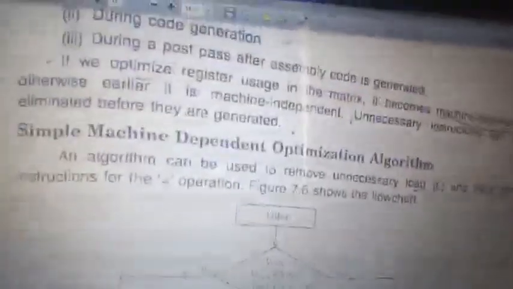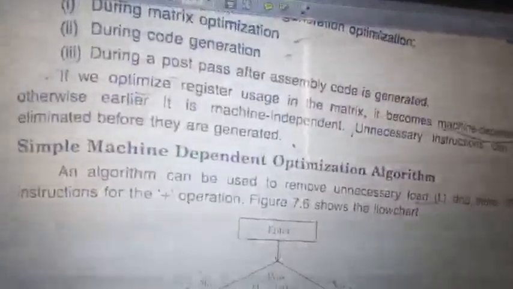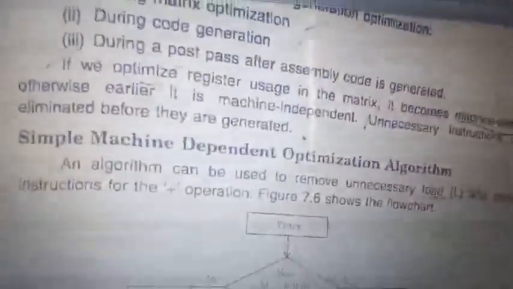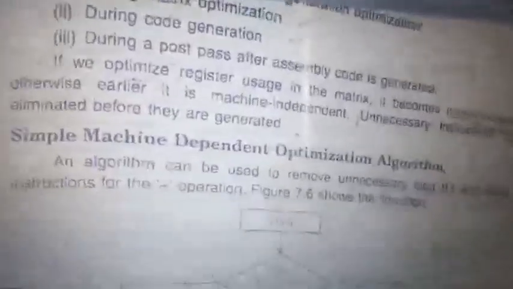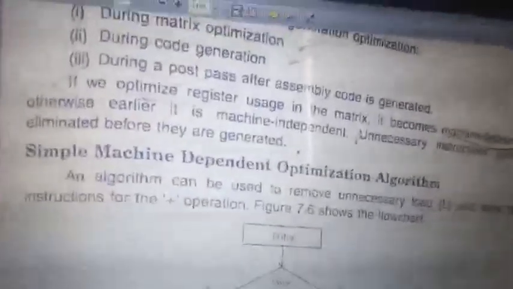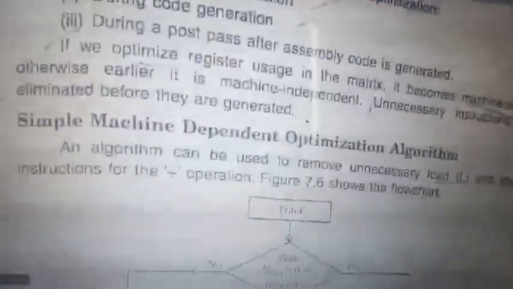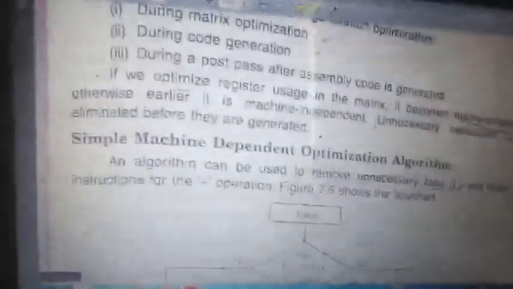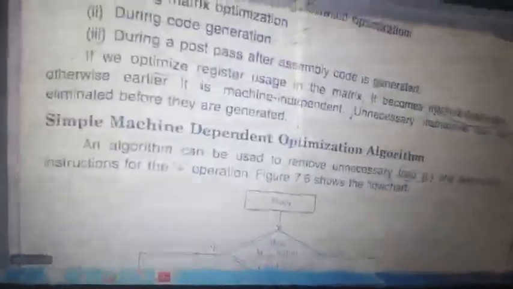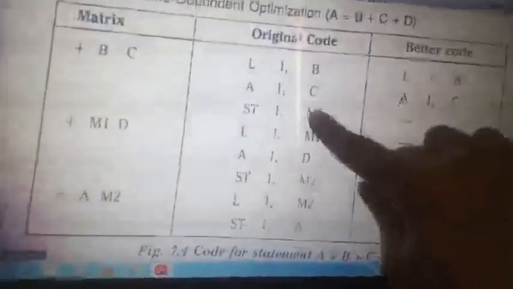Optimization means during the code generation. This is the code generated. Instead of 3 lines, we reduced to 1 or 2 lines while generating. The third one is during the pass after assembling the code. During assembling the code, means giving a loader. If you use absolute loaders, then there is no need for a new generation of all the addresses. This is also called optimization. Clear? So that is how we can optimize code generation, if we skip these lines.